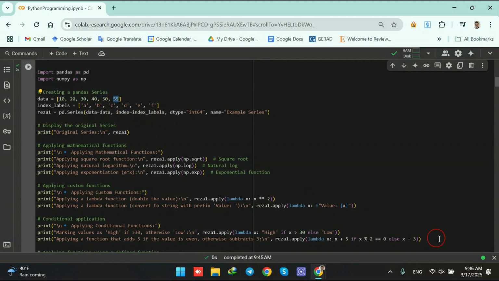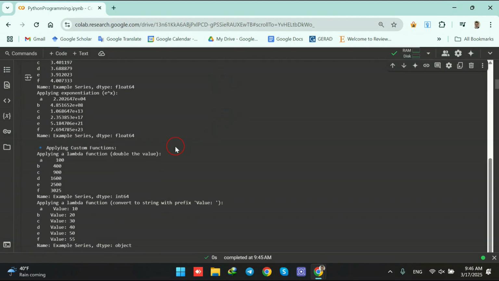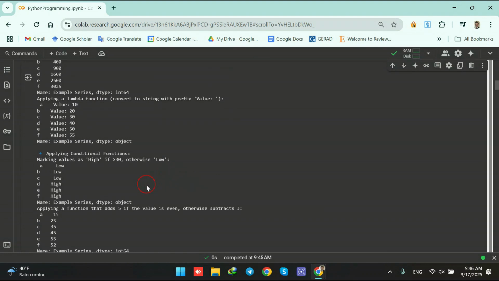But 55, is it an even number? No. So 55, when it is divided by 2, the remainder of this division is not equal to 0, so it's not an even number. It goes to the else part. And here, 55 minus 3, it will be 52. So when I look at this example here,